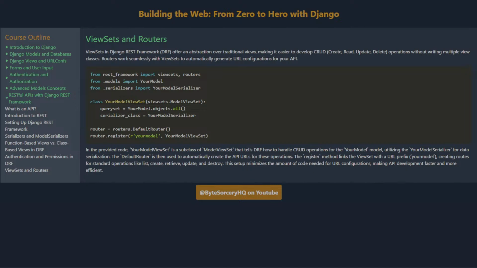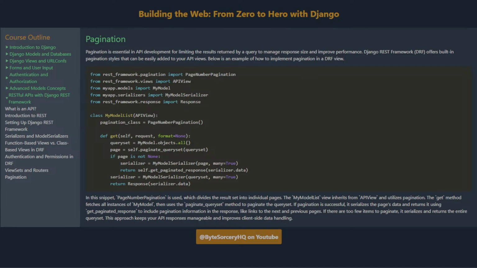The register method links the viewset with a URL prefix, yourModel, creating routes for standard operations like list, create, retrieve, update, and destroy. This setup minimizes the amount of code needed for URL configurations, making API development faster and more efficient. Pagination. Pagination is essential in API development for limiting the results returned by a query to manage response size